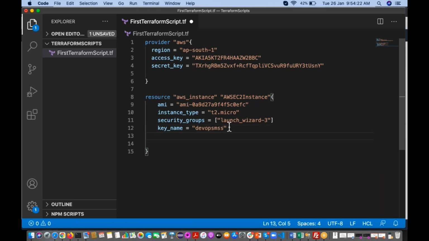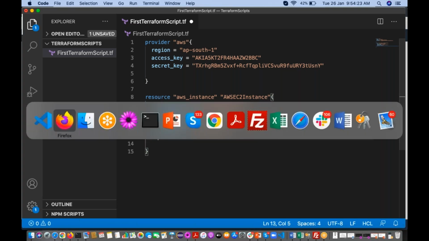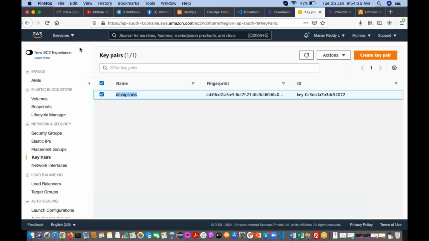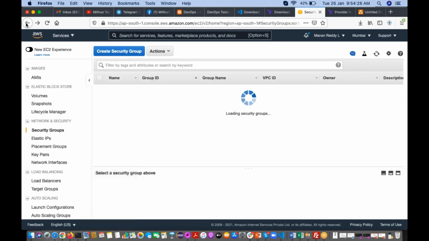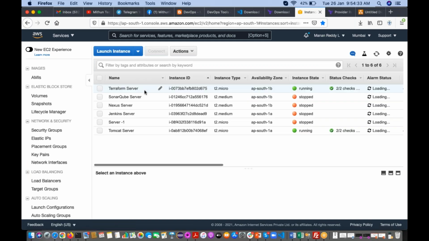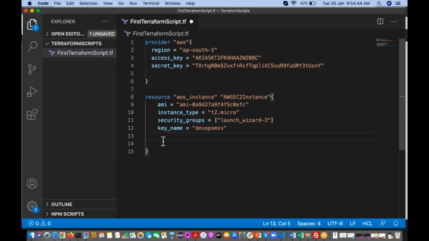Okay, then if you see here in my EC2 instances, after creating, I'm giving some names. You see here in this dashboard: Terraform server, SonarQube server, Nexus server, and all. So like that, after creating this EC2 instance, it has to be given one name. For that one, we are going to use one key called tags equals.